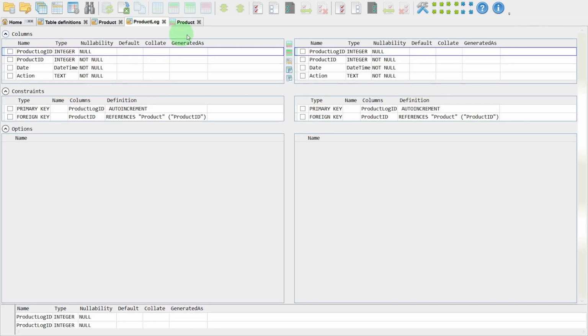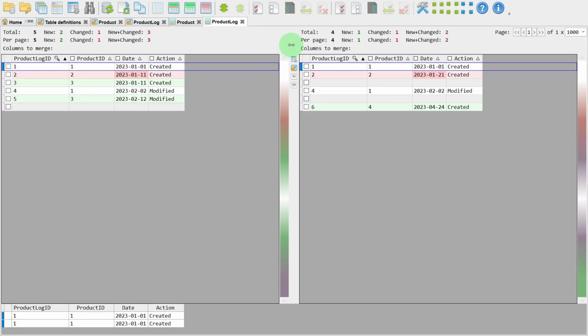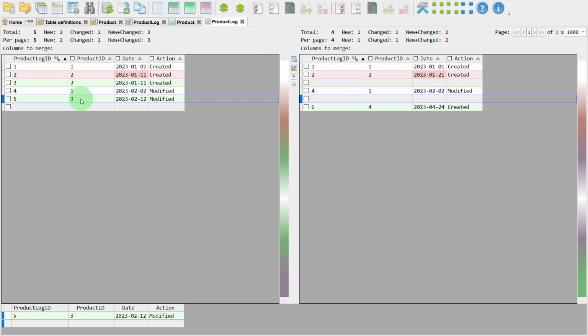Now let's open the product log table, and we see that there is one row related to the source-only product 1 with product ID of 2, and two rows related to source-only product 2 with product ID of 3. There are 3 rows total that need to be merged. Product log ID is an Autonumber, so after merge, all these source rows will have to get IDs starting with 7 and higher, and product ID values will have to correspond to the new ID values of source-only product rows